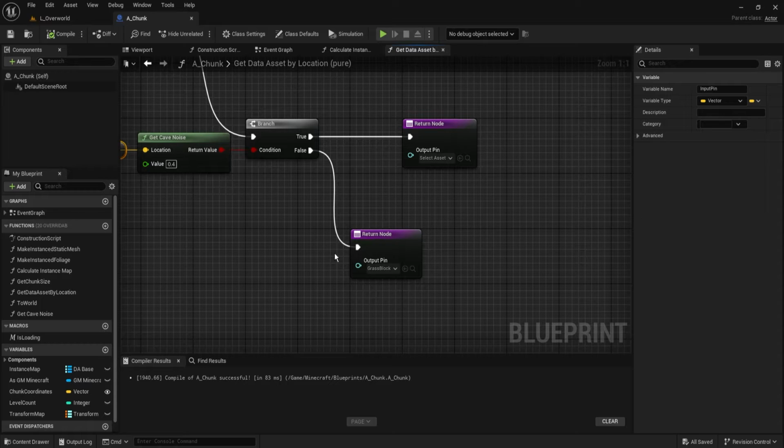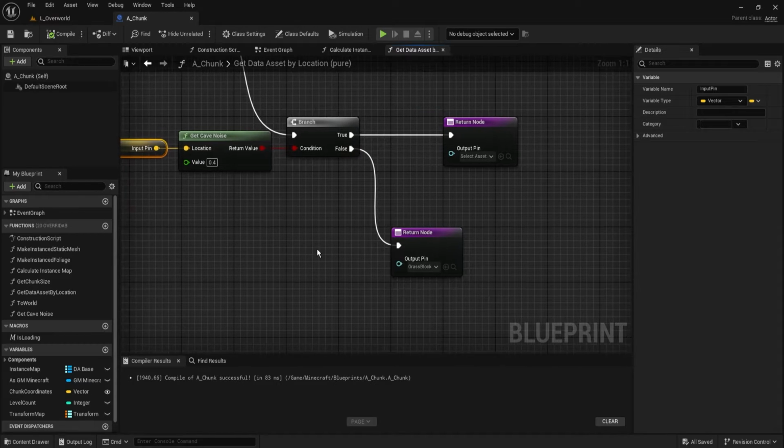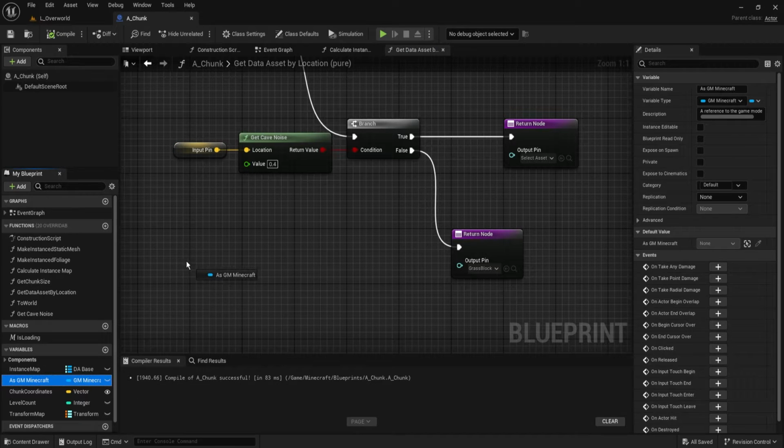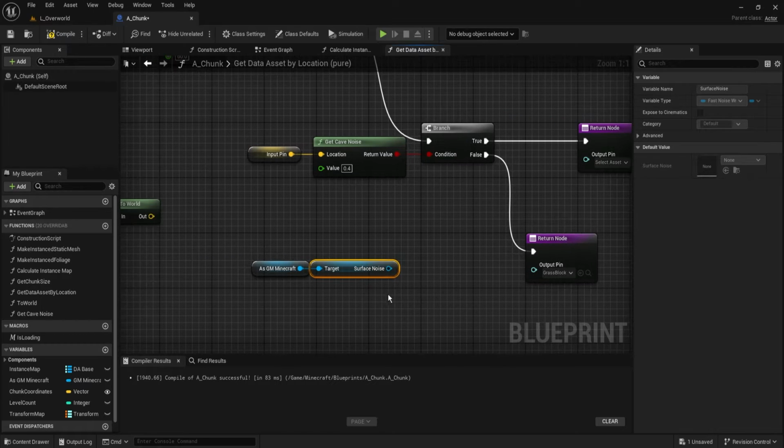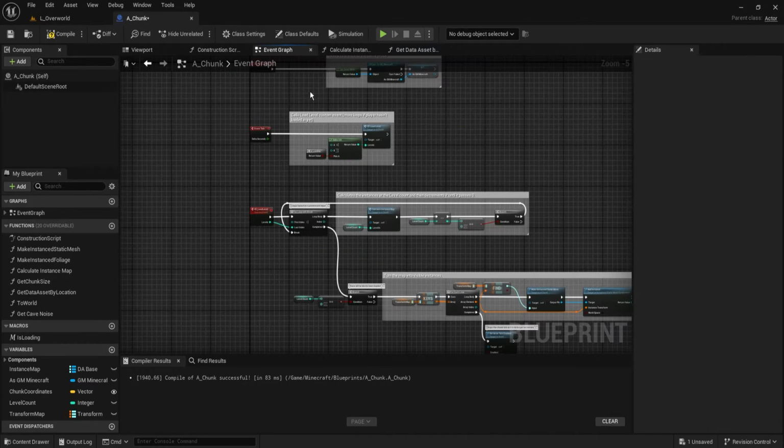What we want is to say, well, we want our noise that we have, I believe, here from our GM Minecraft. We have 3 noises. The first is cave, the second is mineral, and the third is surface. So we made that before. So we're going to use that surface as well to build and say, well, what height do we want to use? So if we want, we can actually go back to the event graph,